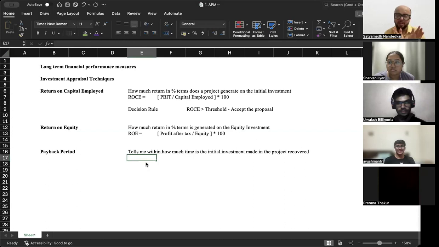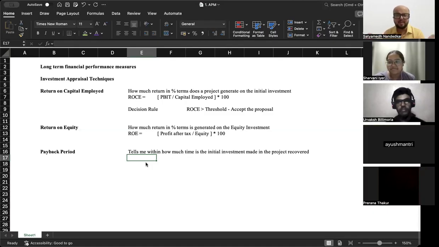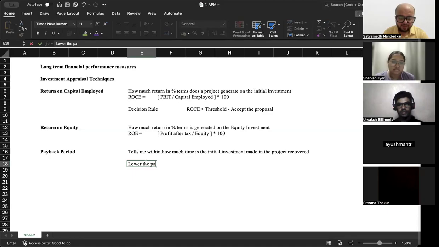So, how are these people trying to fool you? What they are trying to tell you is invest 5 lakh rupees in ACCA, that is tuition cost and examination fee and everything, and the first job that you will get will be worth 10 lakh rupees. So the initial investment made in ACCA will be recovered within a time span of 6 months. That is what payback period is all about. Now ideally, lower the payback,